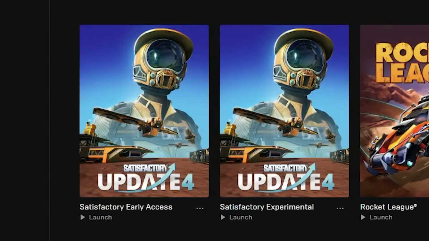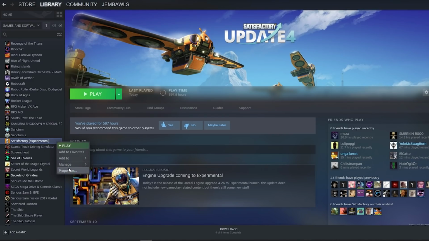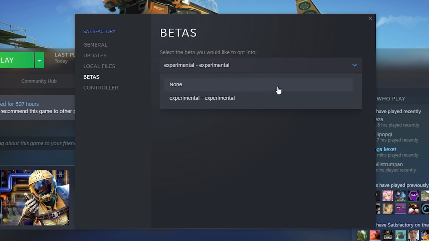Everyone who owns Satisfactory has access to the experimental version, so if you own the game on the Epic Store, you'll actually just have two versions of the game right there in your library. One will be Satisfactory Early Access, the other will be Satisfactory Experimental. And on Steam, if you want to access Experimental, you need to find Satisfactory in your Steam library, right-click on it, go to Properties, go to the Betas tab, and there'll be a drop-down box with Experimental in it. Just select that, and it'll download the Experimental version,